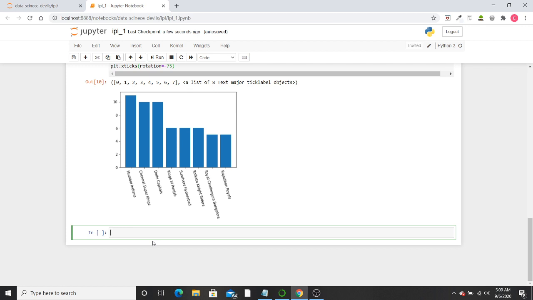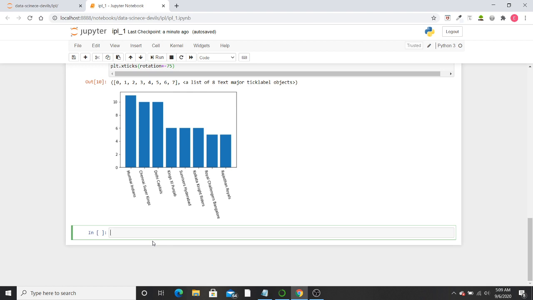If there is a match between CSK and MI and CSK batted first and gave a target of 200 to Mumbai Indians, and Mumbai Indians got all out at 180, we won't say that MI has won by some number of wickets. Not MI, CSK has won. We'll say that CSK has won by 200 minus 180, that is 20 runs.